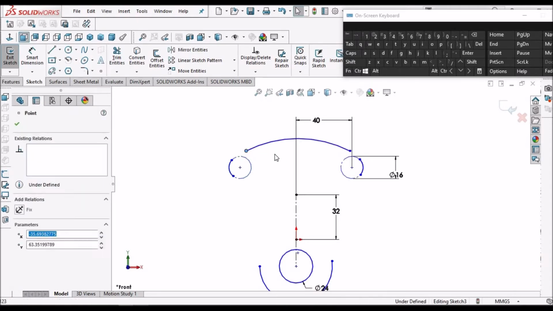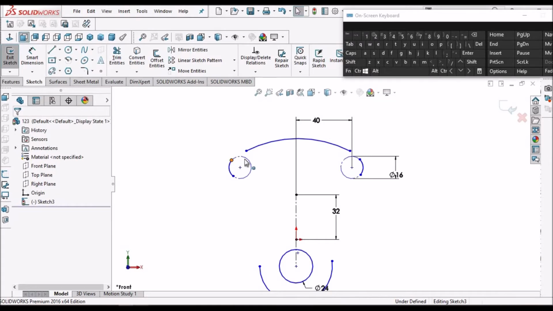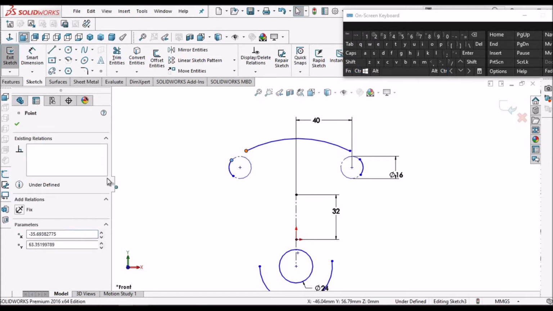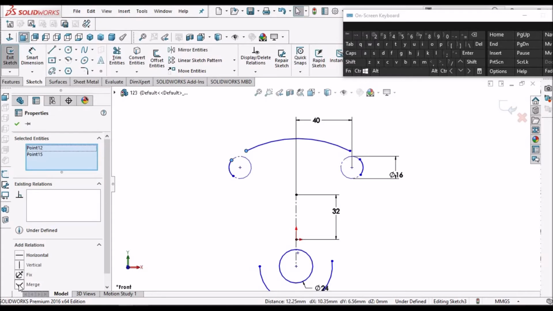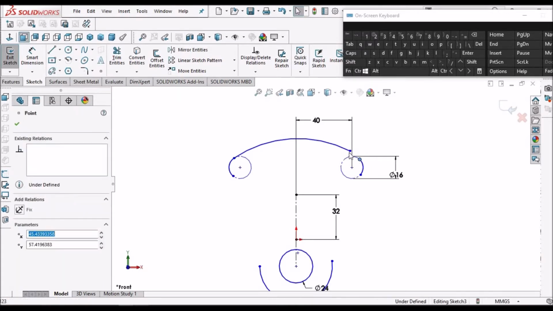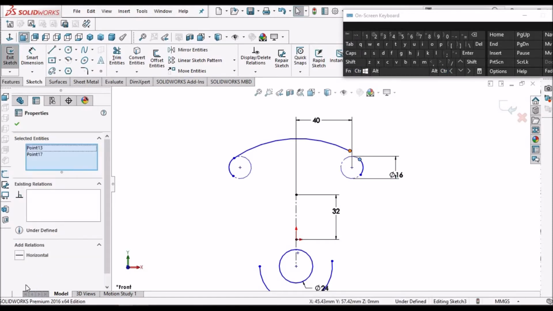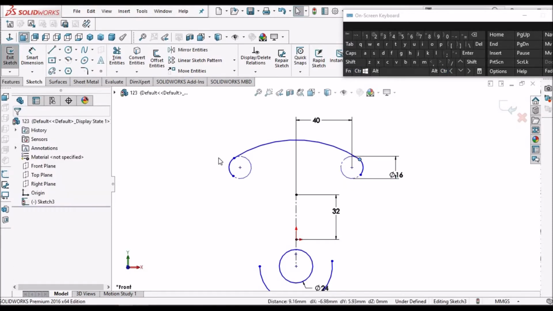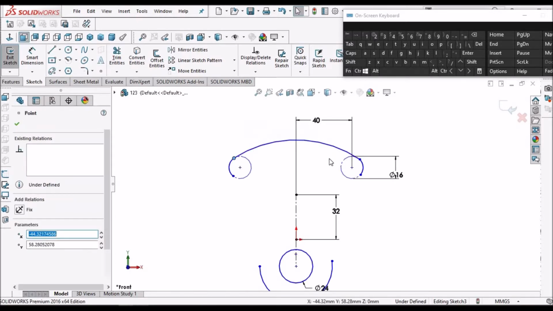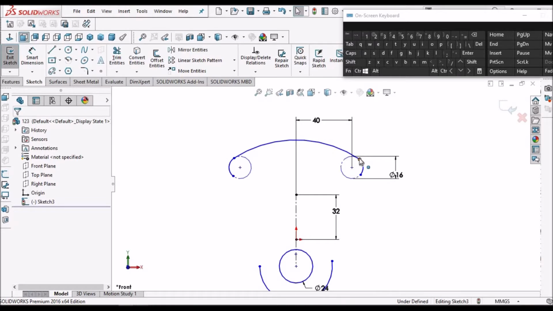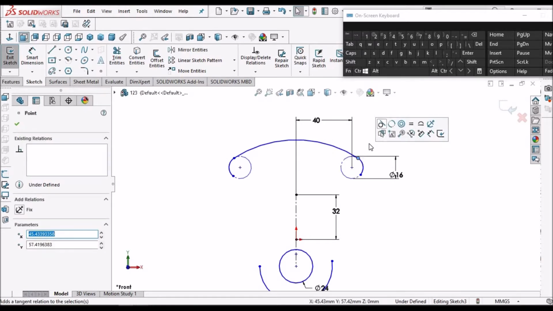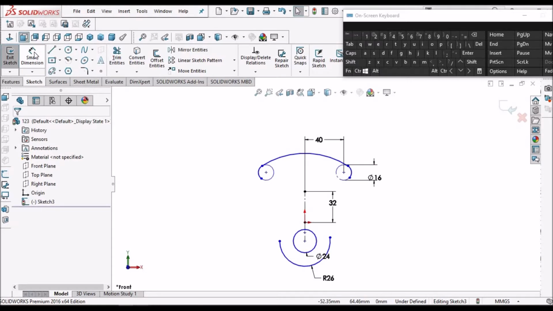Now select this one and this point, make it coincident, make it coincident, and we can make tangent. Now this radius is 65.